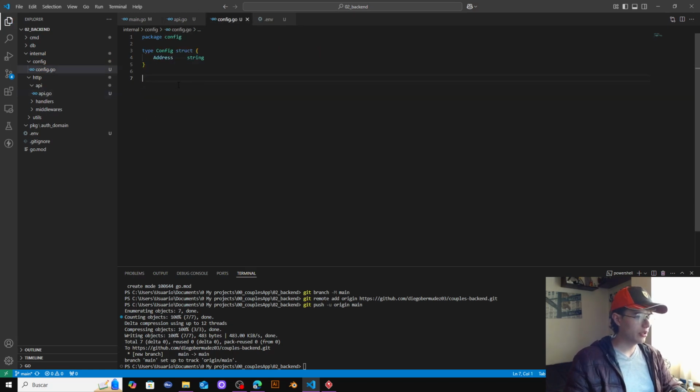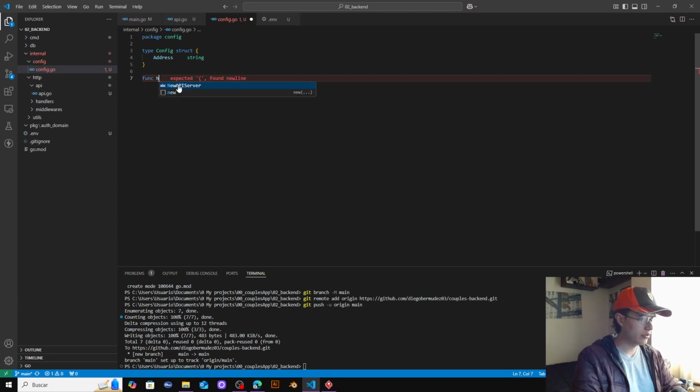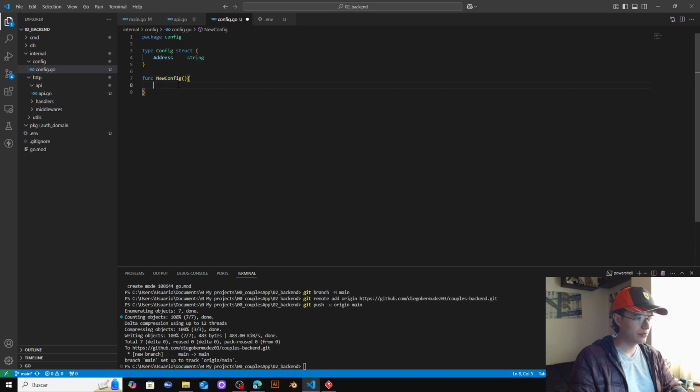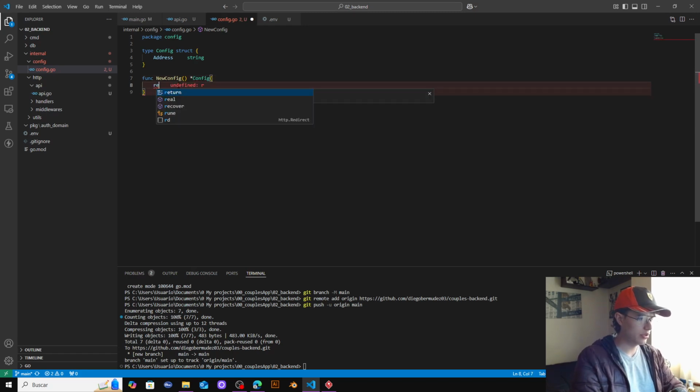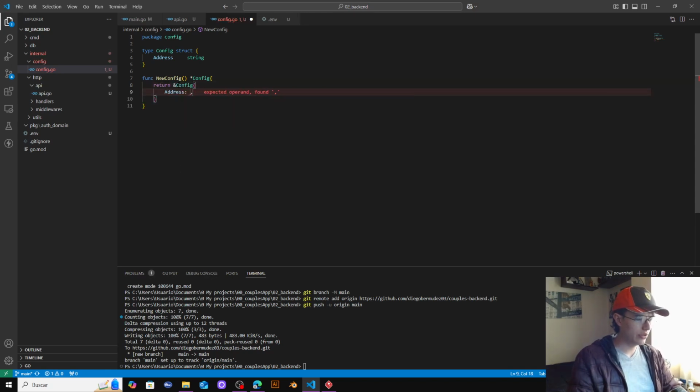And here I have func NewConfig, and this will return config, and the address will be, and here is the pattern that I like to